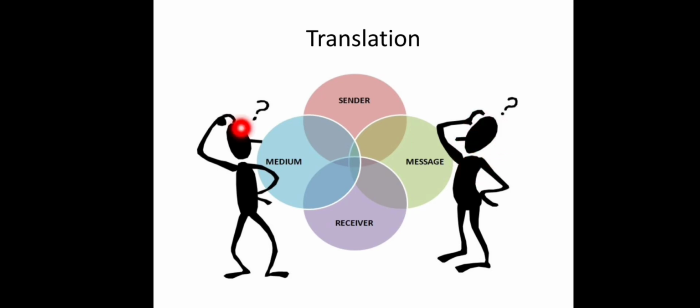In such a case, if the sender directly communicates the data, the receiver may not be able to understand the meaning of this data, right? Interpretation will not be correct. So some sort of translation is required between the sender and receiver, and that is done by the presentation layer.